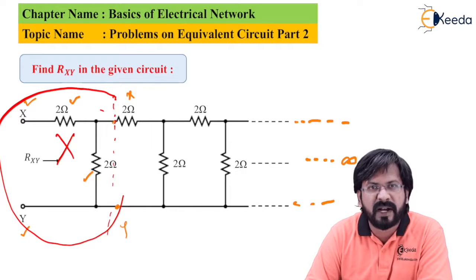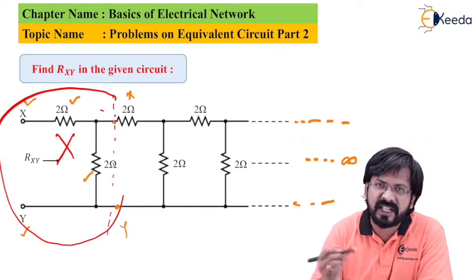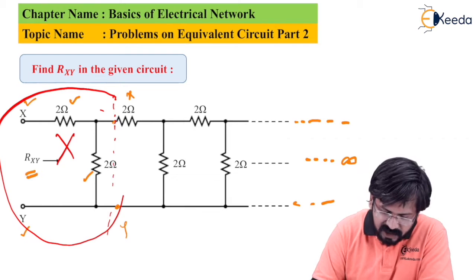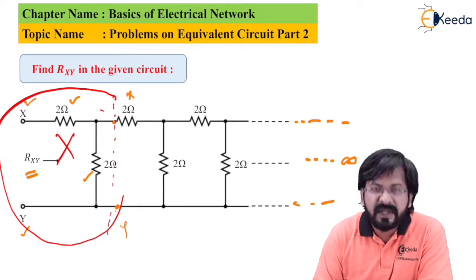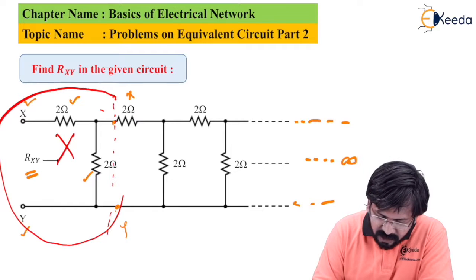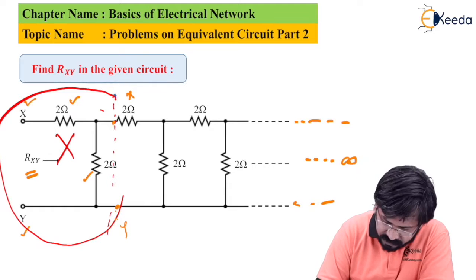It is not going to matter to the whole circuit. Since it is going up to infinity, you will get the same value of resistance, which is Rxy, at these 2 points also. Let me assume the equivalent resistance seen between X and Y is R equivalent, meaning that